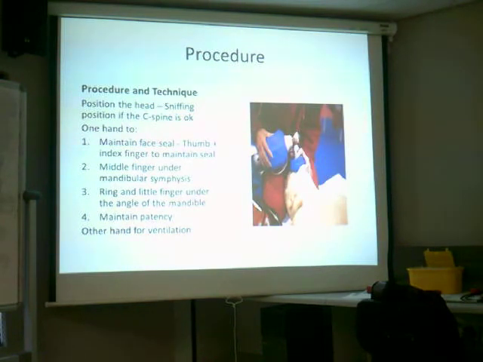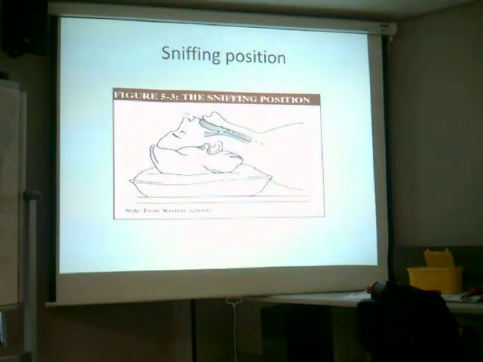So with one hand you hold the patient's airway, and with the other hand you ventilate with the ambu. There's the sniffing position. Sometimes you will need to remove the pillow from the patient's head to get them in the correct position. But very important, if the patient has a neck brace on, that means there's something wrong with the neck. Then you cannot just remove cushions or start flexing the patient. You have to do with what you have, and make sure the patient doesn't have some sort of neck injury.